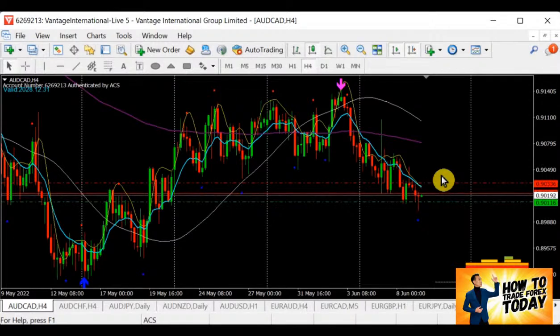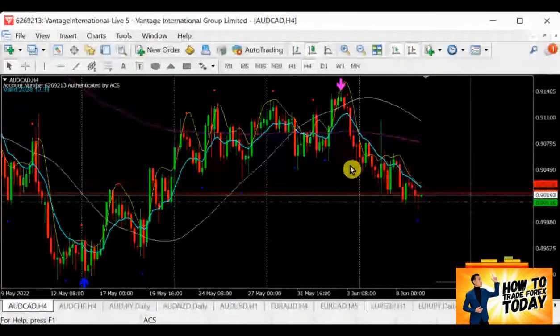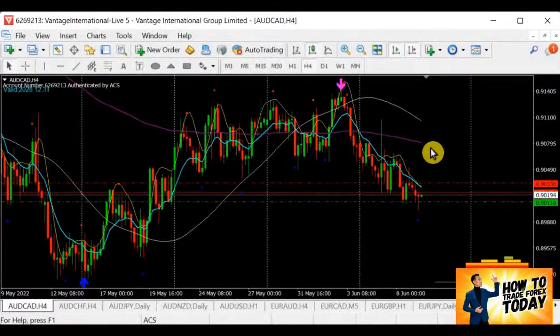So in this case, Aussie CAD, we are in the middle of nowhere. Either it tests the resistance and comes back for a selling, then probably I will